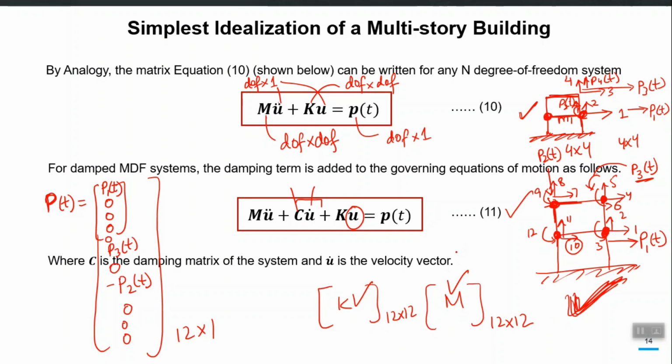But the difference is that the K matrix can be like 3 million by 3 million, the M matrix can be like 3 million by 3 million, but the equation is still equation 11, right? It is just a matter of idealization. It is just the more the sweat, the more the reward. If you idealize a structure with more degrees of freedom, the analysis will get more complex, but you will get a more accurate response also, right?